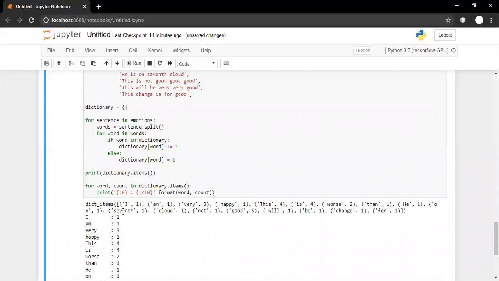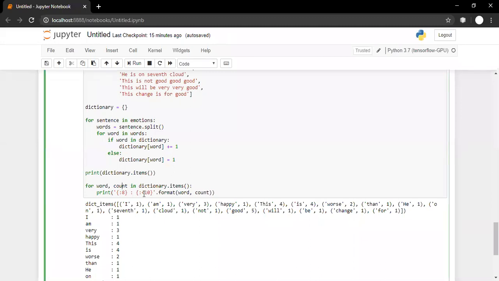How many values are there in every tuple? 2 values: word, count; word, count; and so on. So what we are doing is using a for loop. So I will be received in word, 1 will be received in count. This will be received in word, 4 will be received in count, and so on.